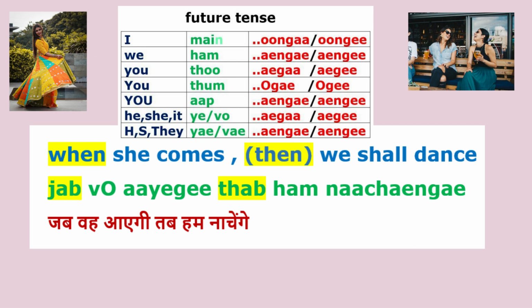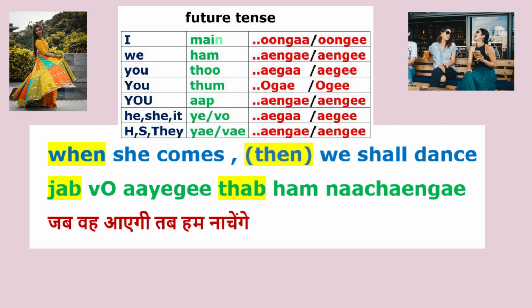Say, for instance, when she comes, then we shall dance. So just imagine the two ladies there. They're saying that, okay, we'll wait until she comes. So when she comes, then we shall dance. In English, we don't have to use then. It is not really necessary. Like when she comes, we shall dance. That is enough. So then becomes redundant in English, whereas in Hindi, it is important to use जब वो आएगी